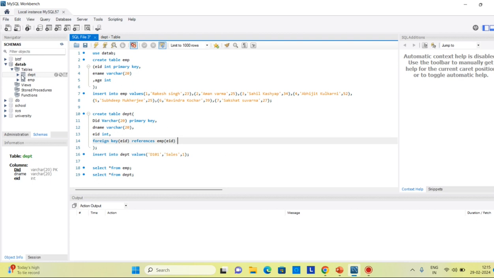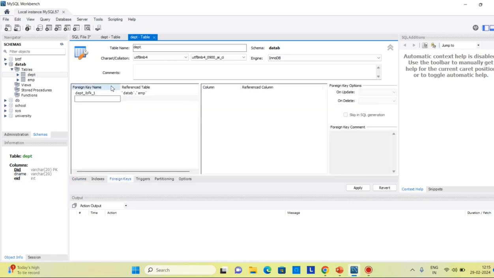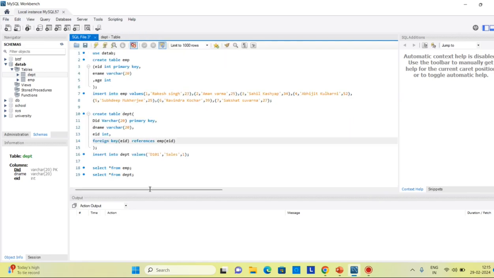So you can go to the department table and see alter table in the foreign key segment. You can see that the foreign key options on update and delete are set to restricted. So what does it mean? It means that whenever any update or deletion has to occur in the parent table row which corresponds to the child table, meaning the entry is present in the parent table and the entry is present in the foreign key, then at that time we are not able to make any update.